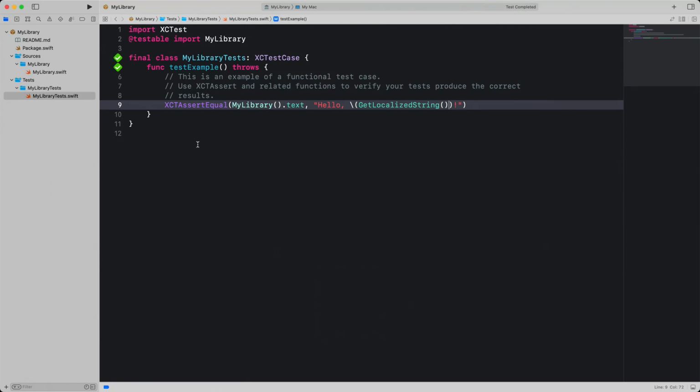As expected, the test works as our API returns the string world.